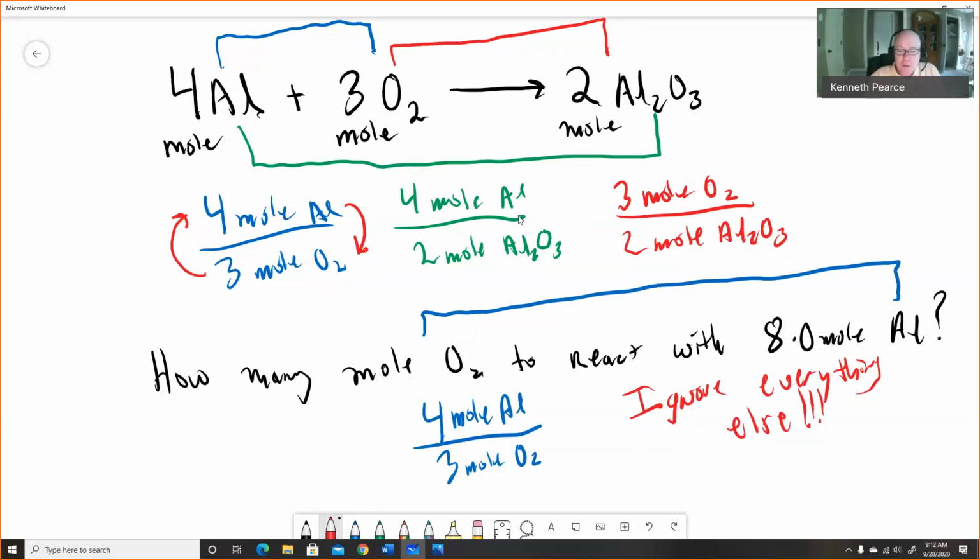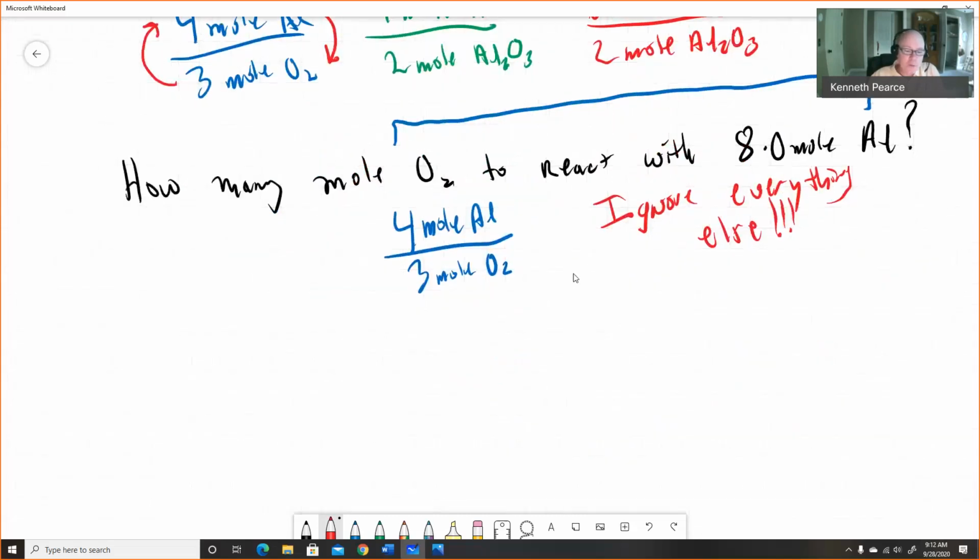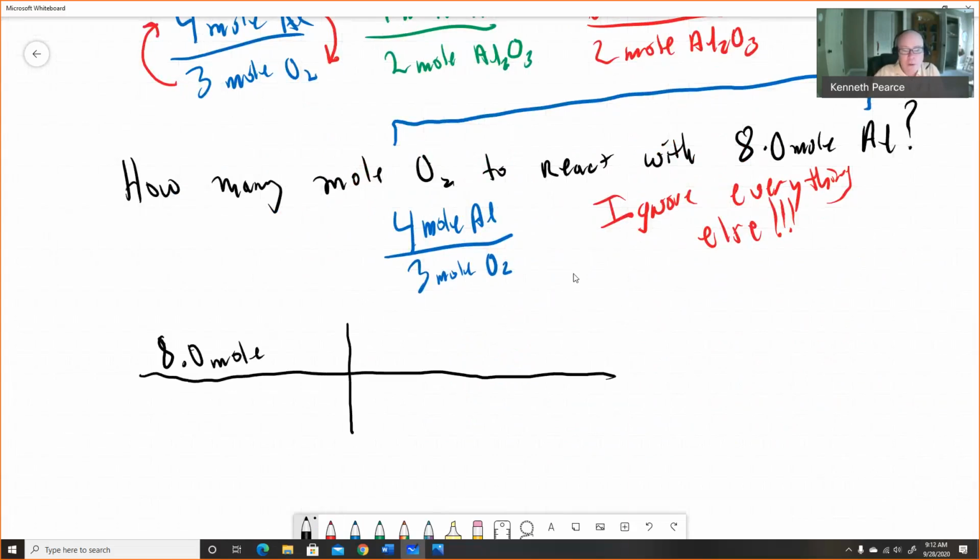I don't see anything else over here that I need. We're ready to use our mole ratio as a conversion, and let's go ahead and do that. So why don't we go ahead and draw a line, and we'll draw another line, and we'll start with our 8.0 mole aluminum. And now I need moles aluminum on the bottom, so I'm going to have to take that mole ratio that we just pulled down off the balanced equation, and we're going to flip it, and so that becomes 3 mole O2 for every 4 mole aluminum,